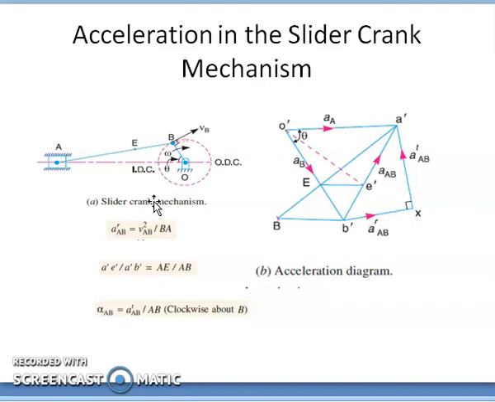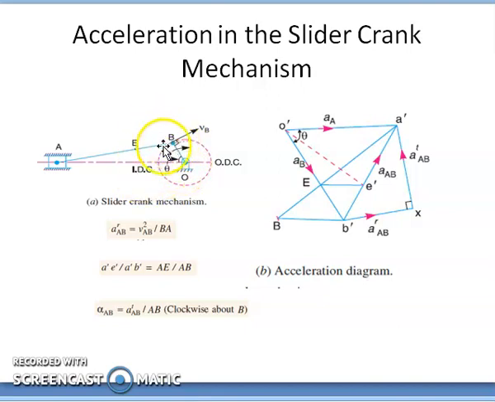As alpha becomes 0, the tangential component of acceleration does not exist. So whenever a body is moving with uniform angular velocity, the angular acceleration does not exist. Therefore, the tangential component of acceleration does not exist, so you only have the radial component of acceleration.